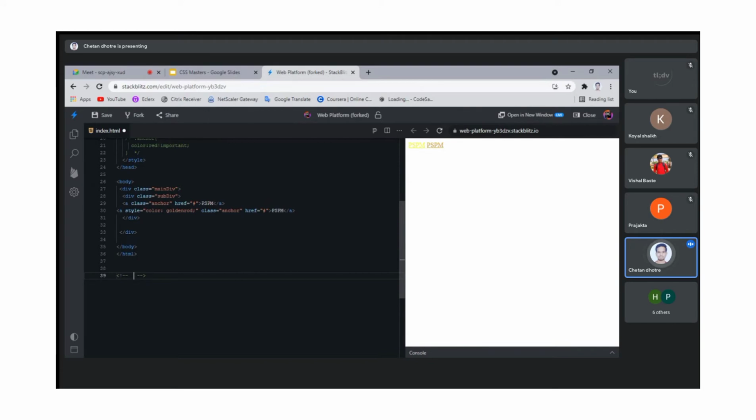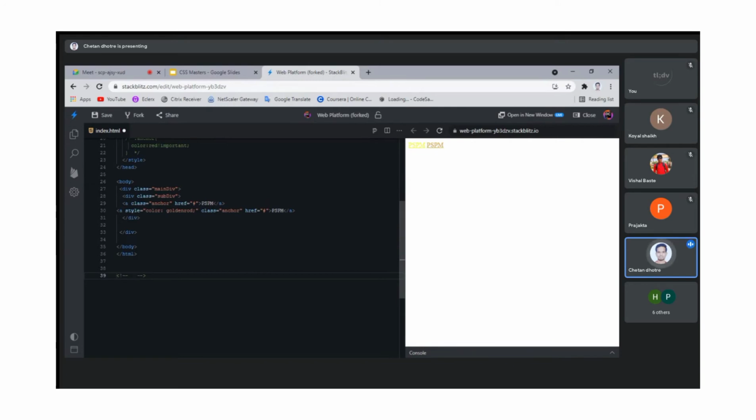In that case, relative units are most useful. They do something very great: whenever you put something for your grandparent or your parent, let's suppose for the parent you have put a font size of 2 rem, and for your children you use rem as well, 3 rem or whatever.